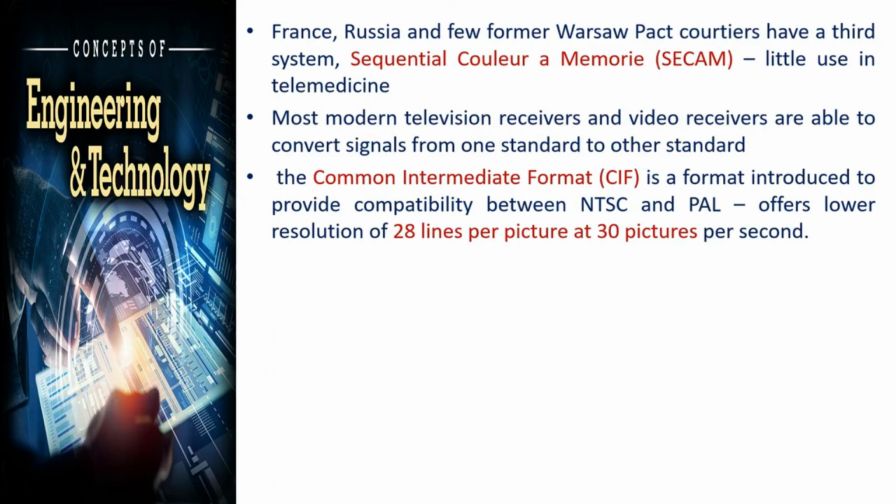This is used for 288 lines per picture at 30 pictures per second. This is the SIF format. This is also used. It's going to give lower resolutions and all those things. So when you're using this kind of data,